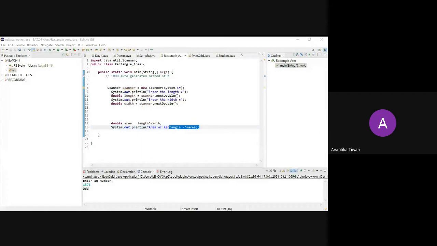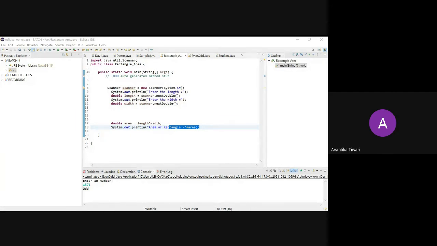So just observe the screen and note it down in your notebooks also. Flow control. Okay, so these are the flow control statements.